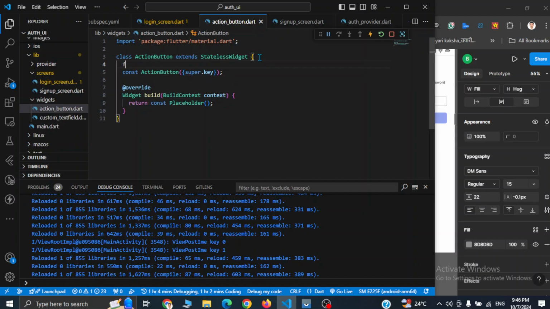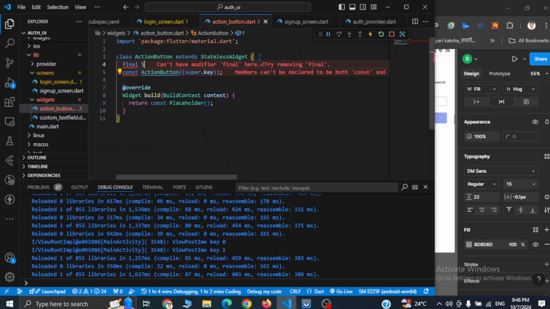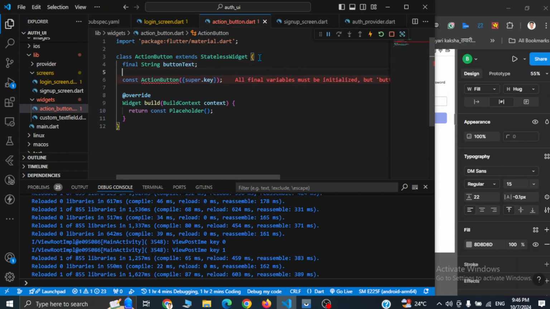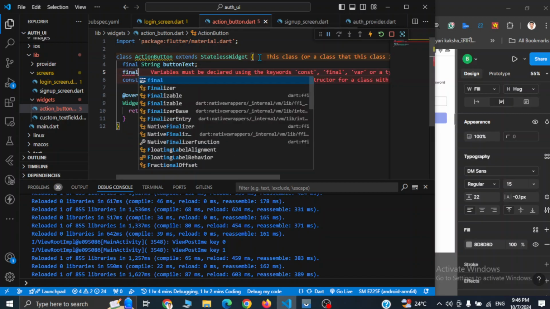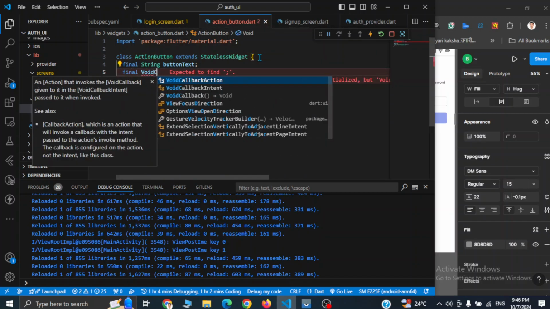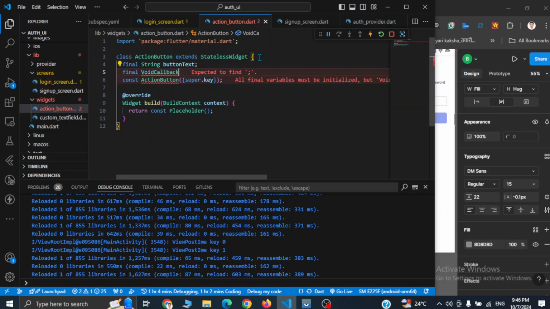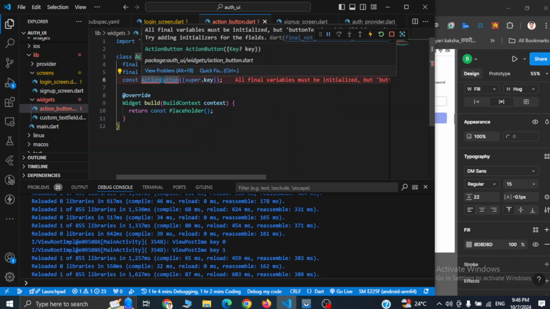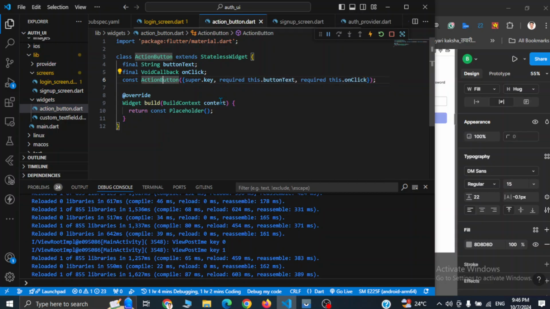Okay, final string buttonText, and one function to handle the click of the button. So we can use a property like final void Function callback, onClick, and let's initialize these variables. Now we are going to return a container,